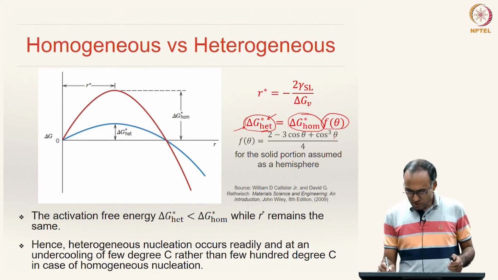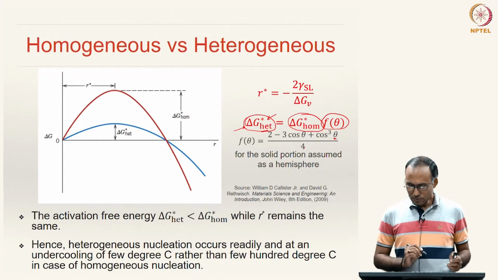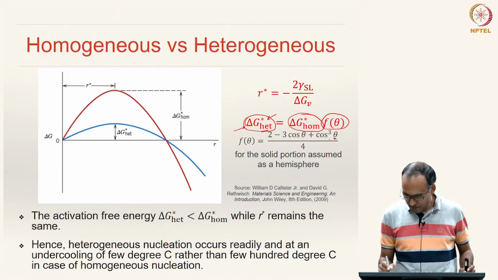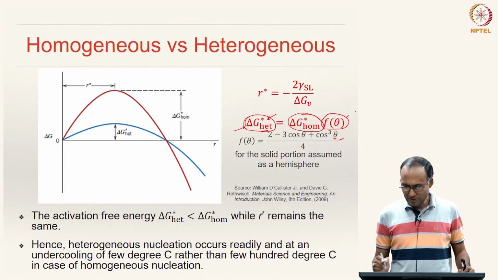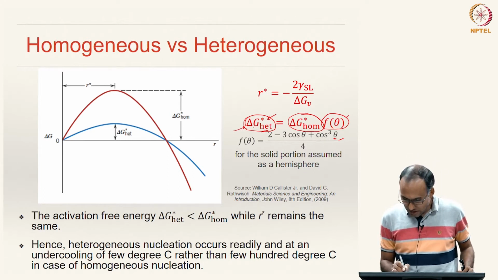This theta is what we call the wetting angle, as we have shown in this figure, right. So, f of theta is given by this formula for a spherical particle, and you can see that the value will always be less than 1. Okay. So, you can see that delta G star heterogeneous